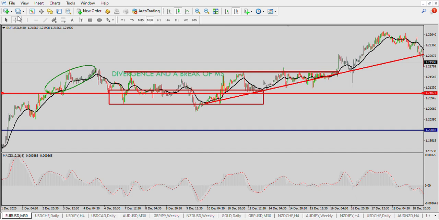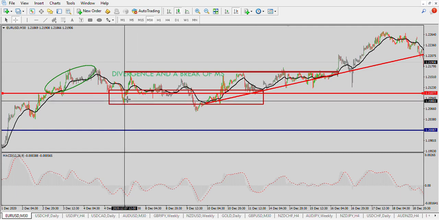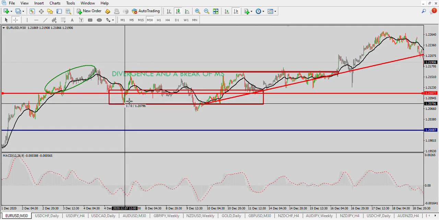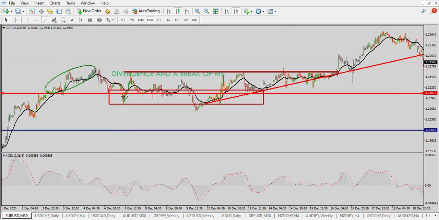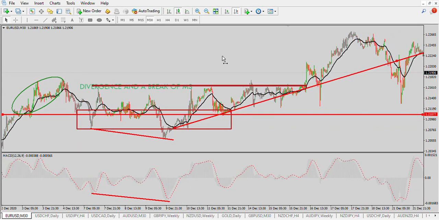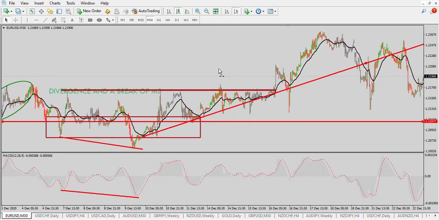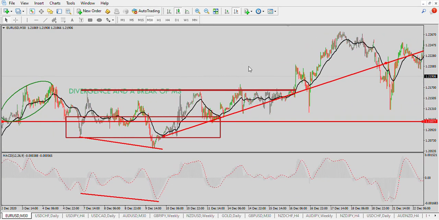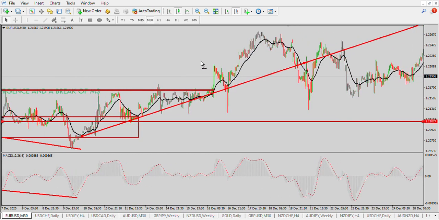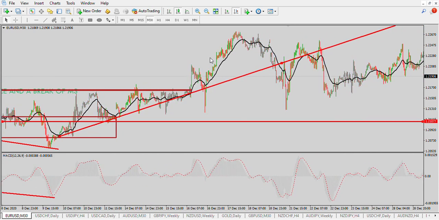So we need a complete clear winning, and that is why we need to see the divergence to tell you that something is about happening. The buyers are getting stronger, the sellers are not, and that is why you can see we don't have a divergence here. Although we have a break of the market structure around this level, there was no divergence. And so what happened? Price kept on trending higher, and if you notice, what do we have? We saw price making all these